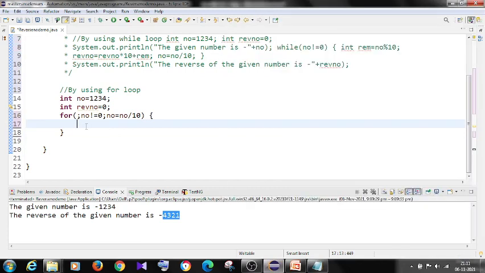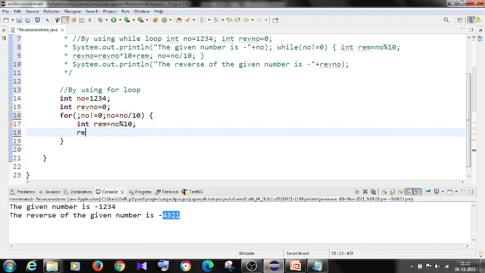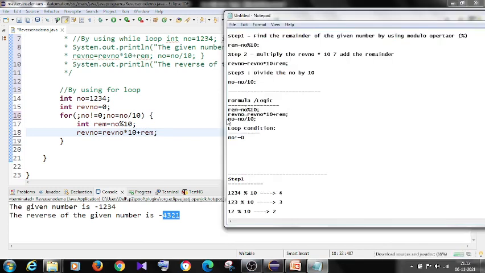So I have int remainder equal to num modulo 10 and rev equal to rev num into 10 plus remainder. Okay, this is a logic. Second logic you need to implement. Third, already we have implemented here, right?